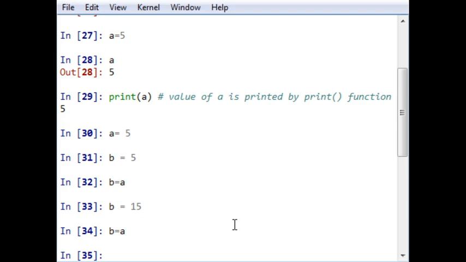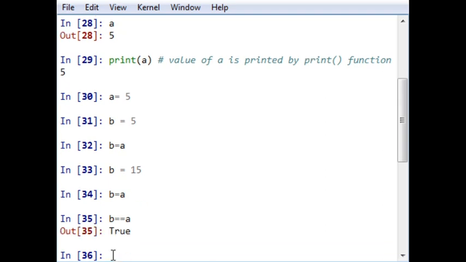In short, if you want to check whether b is equal to a, that comes under comparison operators. We have to compare it, and for it we have to enter one more equal to sign and it will show an output. Here, what happens when you write b is equal to a? I have assigned b is equal to 5, then I have assigned b is equal to 15 and a is equal to 5, because b has been assigned with the value of a. That is the simplest thing. I thought this behavior was understood by you before and I did not need to explain it, but still it is in a similar manner.